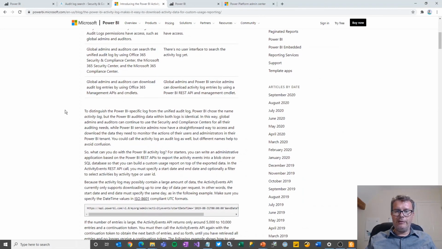So what I strongly recommend is that you get hold of the data from this API, store it, you can build a Power BI report from it. And more or less every time something happens inside Power BI, somebody publishes a report, whatever, that gets logged in the audit log. So build a report, analyze this data. It's going to be really, really useful. There are other things that you can look at as well.